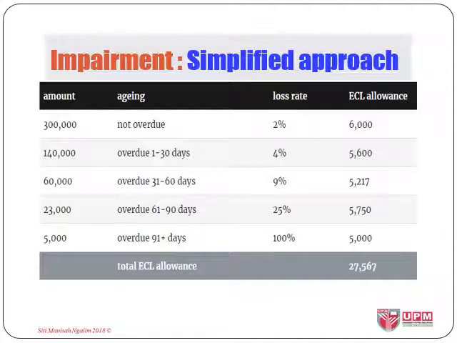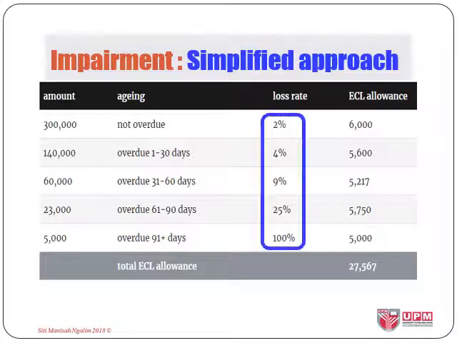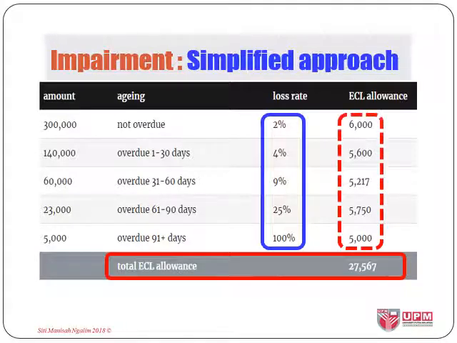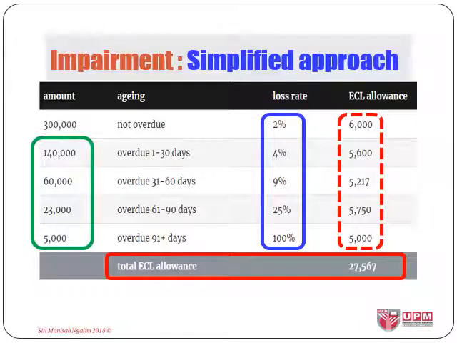Assuming that, taking into account the current conditions and future economic conditions, the loss rate has not changed, we can now apply the loss rate to the current receivables at the reporting date as shown here, and calculate the lifetime ECL by multiplying the loss rate with the amount relevant to the specific aging group, bearing in mind that amount paid and unpaid after certain days are also estimation.